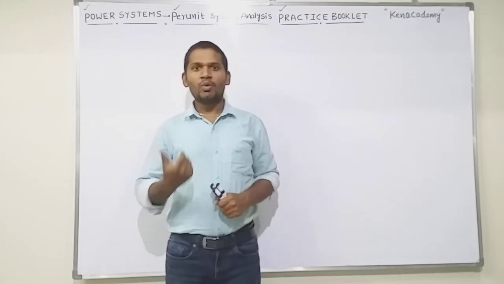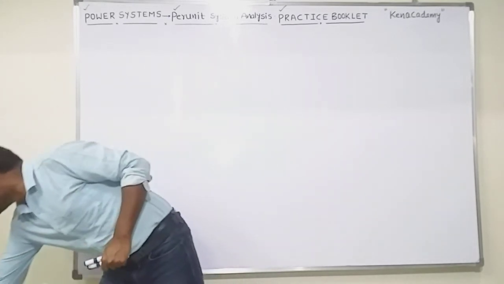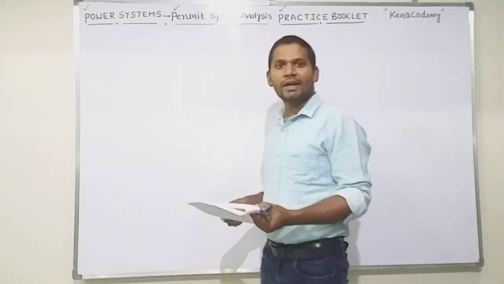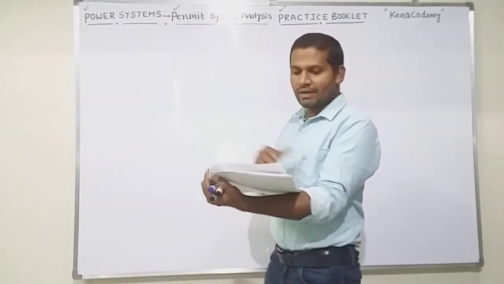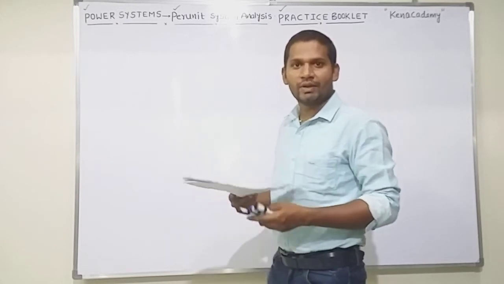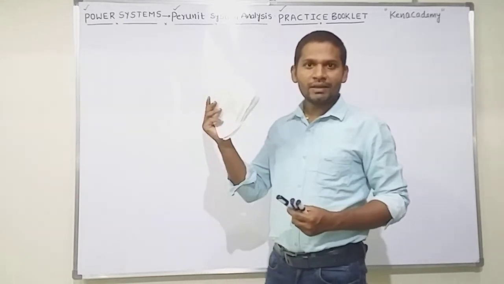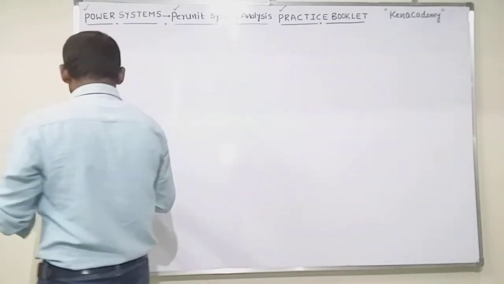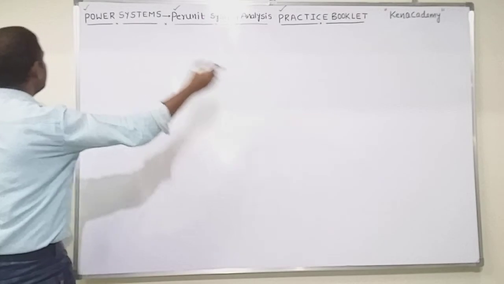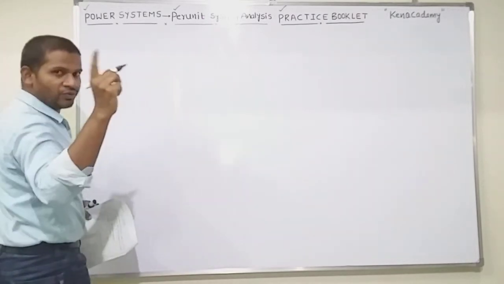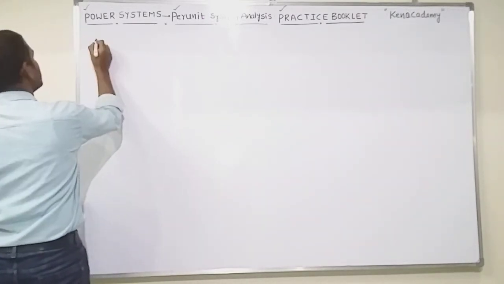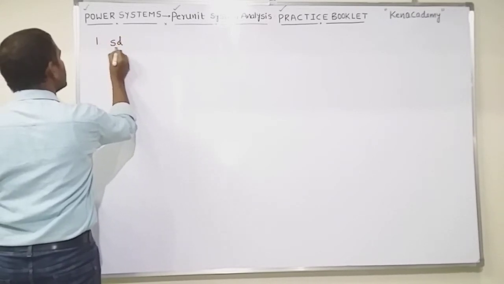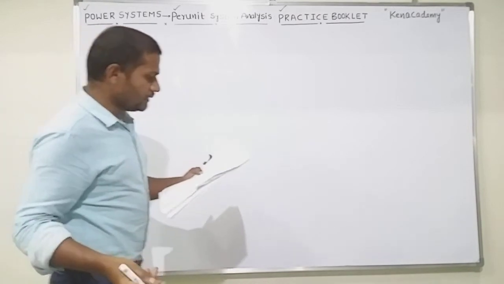All of you take the booklet and see question number 1. I already told you, during the explanation of solutions I don't write any questions, I just give the question number and the solution. This booklet I already gave you in the last lecture. Okay, see question number 1. I am explaining questions 1 to 15. This question number 1 solution I am giving. But I will read the question, and we follow that.